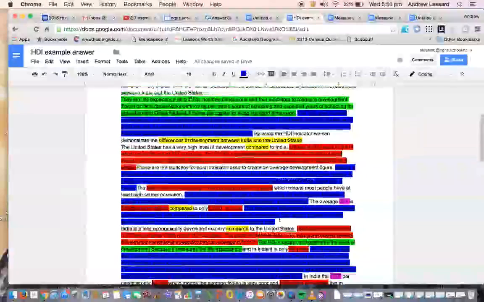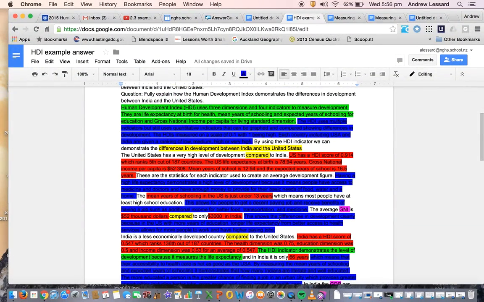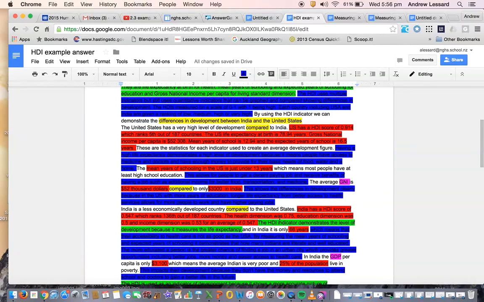And finally, your geographic concepts. You need those to get excellence, and you need to be able to show you understand what they mean. And I've used a few in here. So one is accessibility. So the accessibility to healthcare is easier in the United States. The other one that I've used is processes. The idea that one thing leads to another, which leads to another. And the example here would be